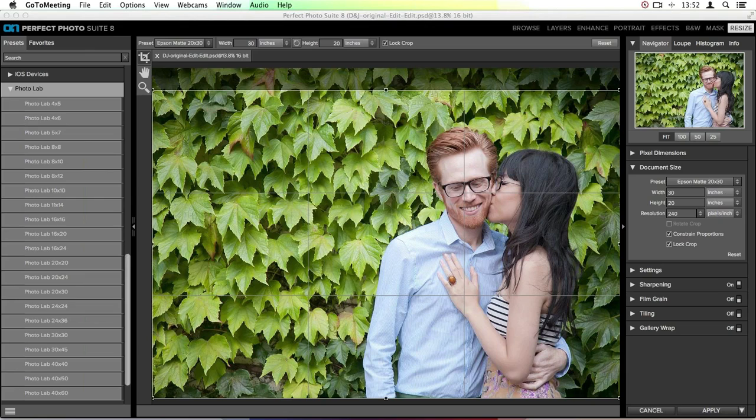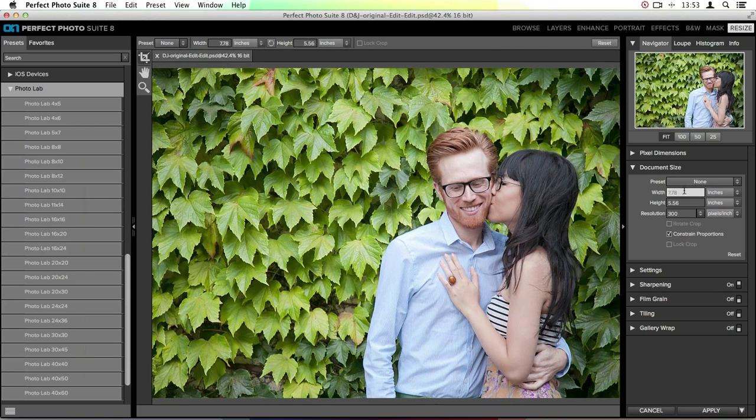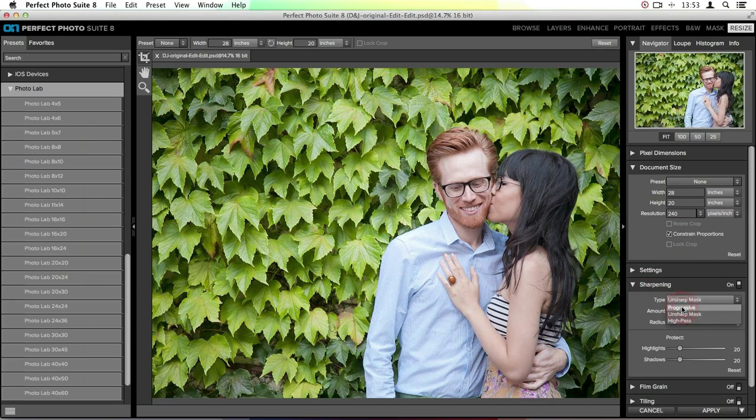All right, the other question was, can you save presets? Yes, you can. So if you make a whole bunch of changes here, let's reset this really quick. I'm going to change this to 28 by 20. I'm going to change my resolution to 240. I'm going to add a very specific amount of progressive sharpening. And I'm going to protect my whites and my shadows. All right, so I went through and I made this preset 20 by 28, 240 with my specific type of